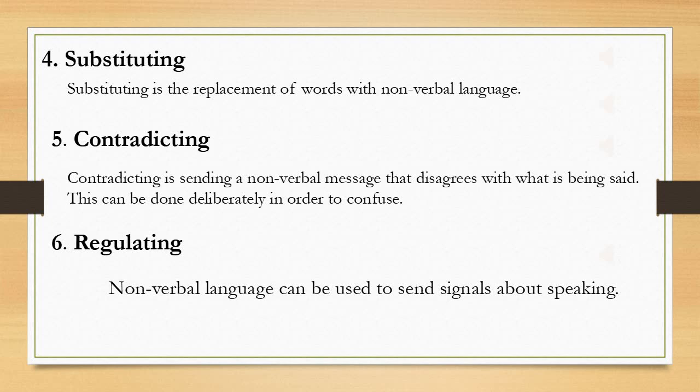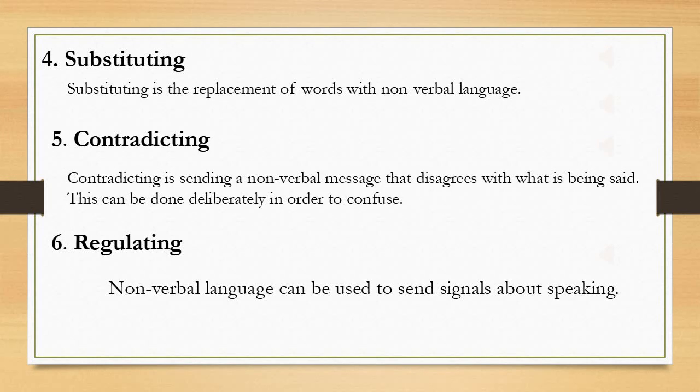Examples. Shall we? Waggling eyebrows and grinning. Stepping towards an aggressor into their private body space with a stern expression. Contradicting. Contradicting is sending a nonverbal message that disagrees with what is being said. This can be done deliberately in order to confuse. It also may happen subconsciously when lying. Examples. Saying no while gently nodding, saying I did not do it while rubbing the nose and pulling at the